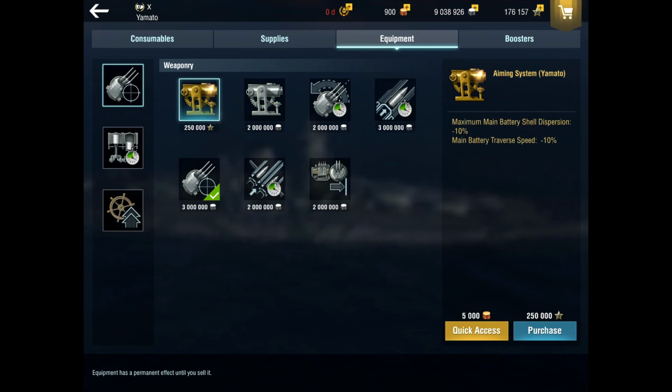And what are you really getting? You're getting 10% off your main battery shell dispersion, which sounds great, at the expense of the traverse speed on your main battery, which is already slow. Now, you can steer your ship and help that a little bit. So this is viable to get. But if you don't want to lay out the money, or you don't want your main battery traverse to be any slower,